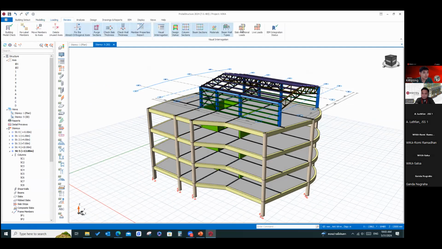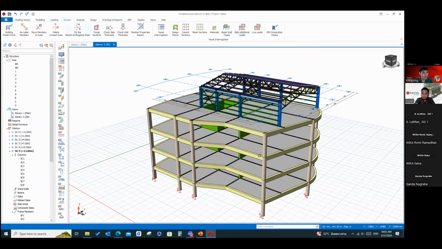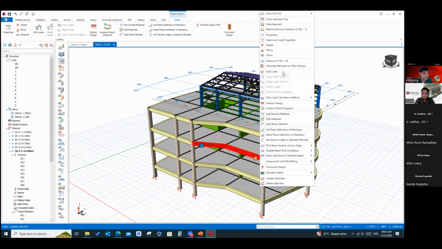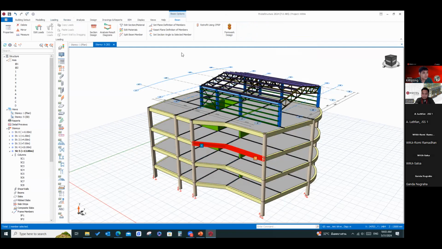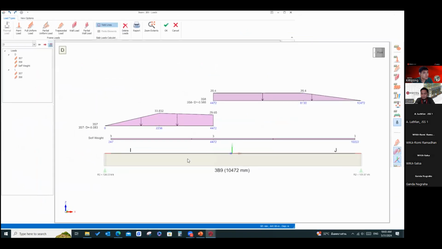So you can review like this. This is the slab additional load. This is the live load like this. See, easy to identify, right? And for the wall load on the beam, you can also edit load and add more loading like this. The wall load like this.